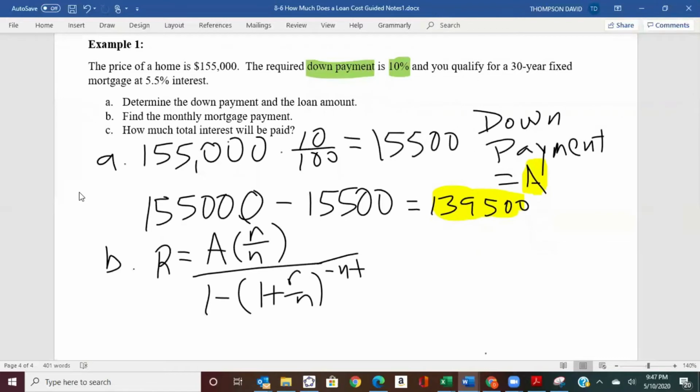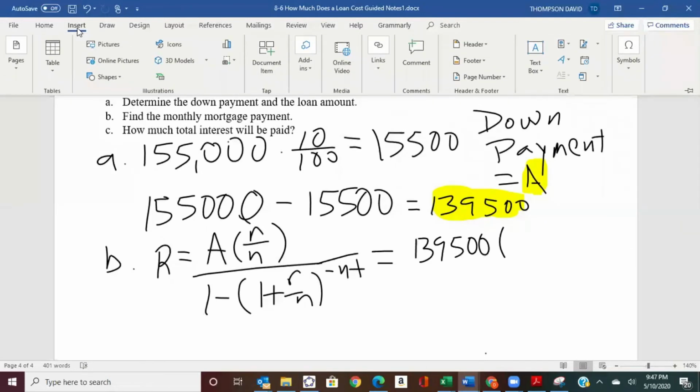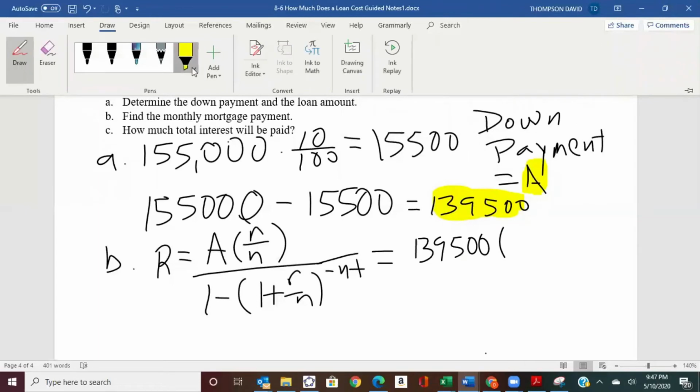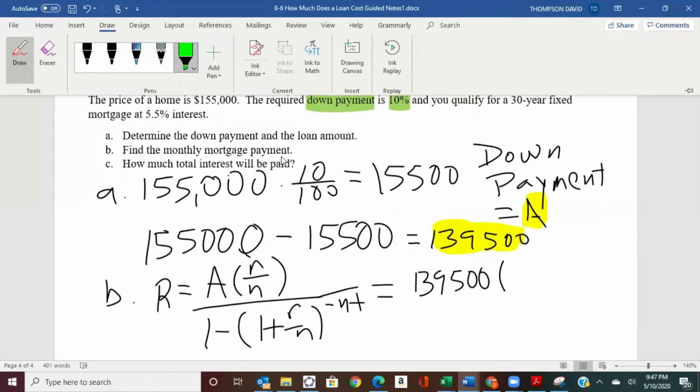So let's start plugging some things in. We have 139,500. We need to do our interest rate as a decimal. So the interest rate for the mortgage is given to us as